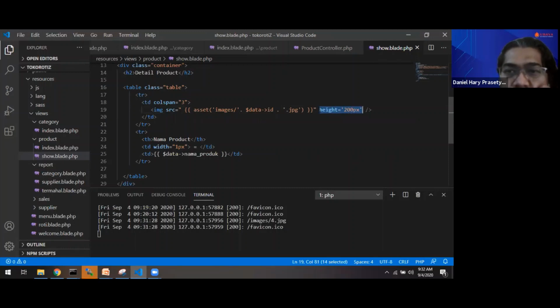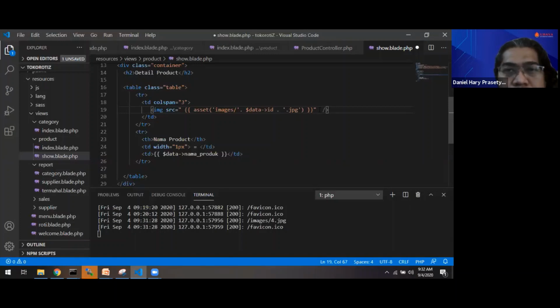Okay, maybe in the detail, the image is bigger than in the list. Just like, for example, in GoFood, we can click the food data to look at the detail, and it shows a bigger image, and maybe some description here.